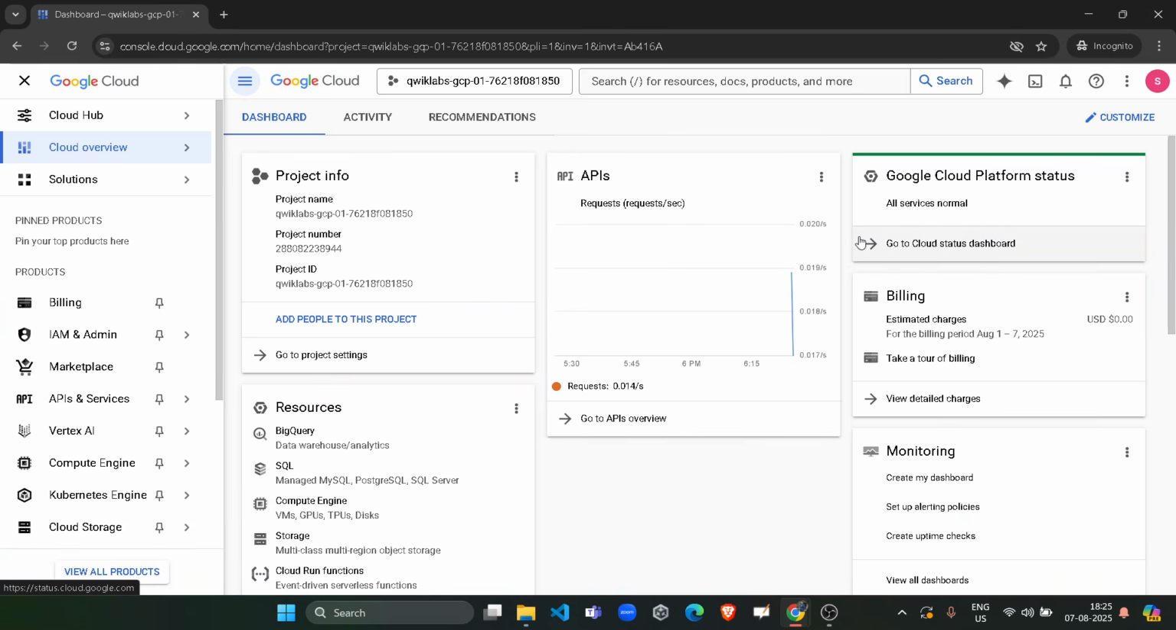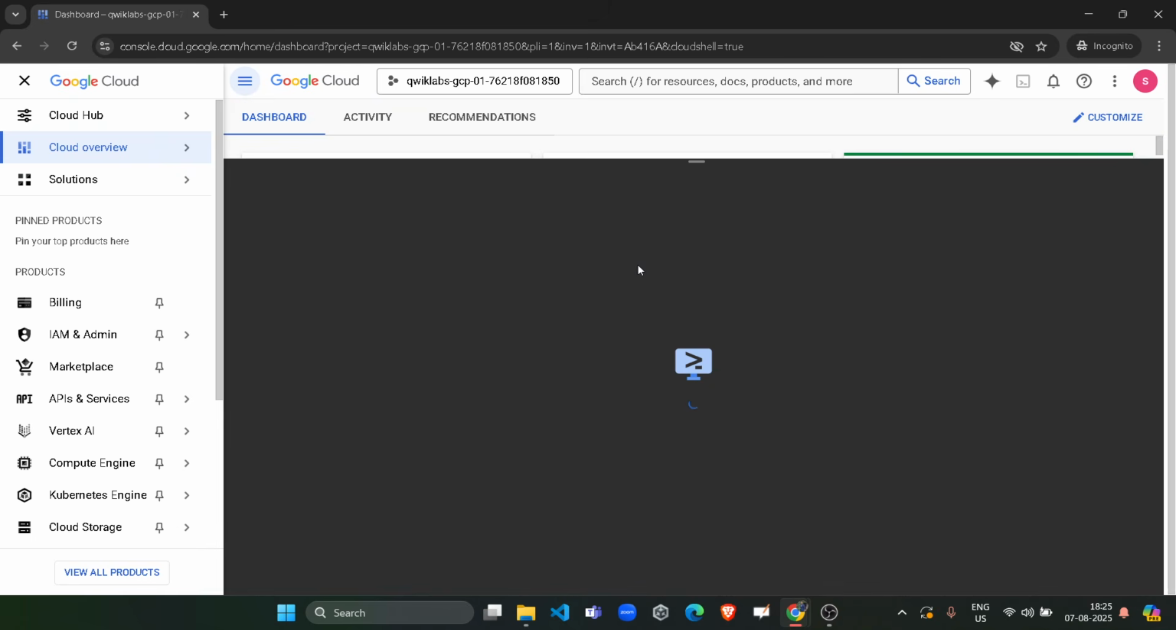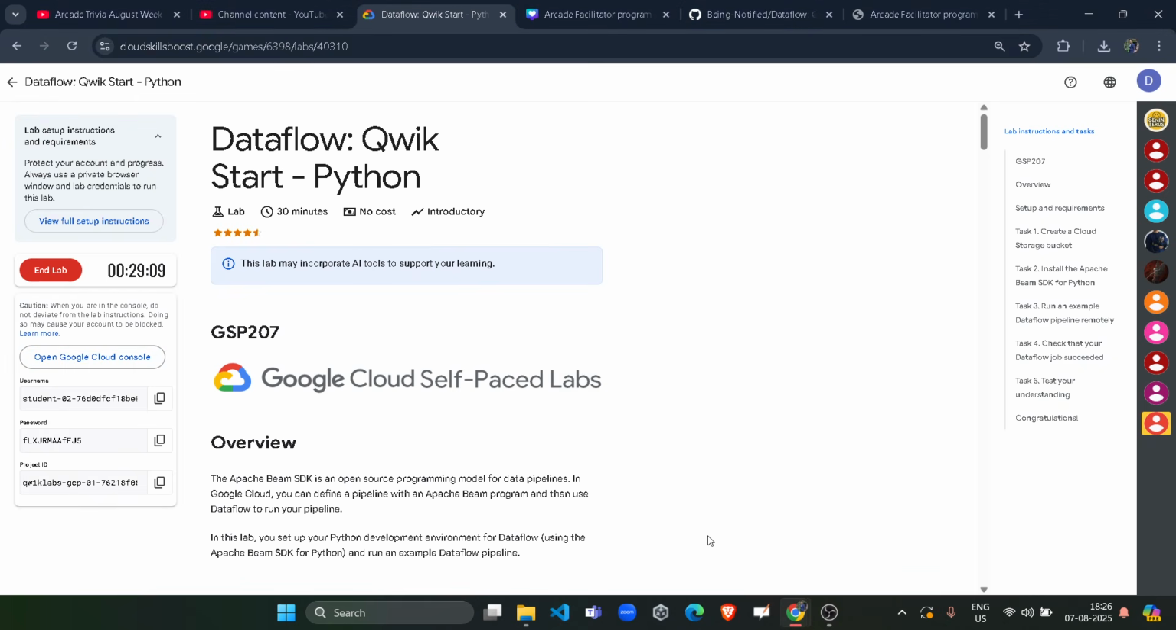Now you have to activate your Cloud Shell. So click on this top right icon, the activate Cloud Shell button. It will start to establish the connection with the Cloud Shell for you. So wait for it to get established. Click on continue. While it's loading, in that time simply come back to the lab, go to the description of